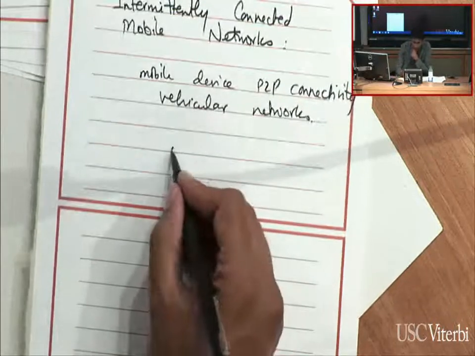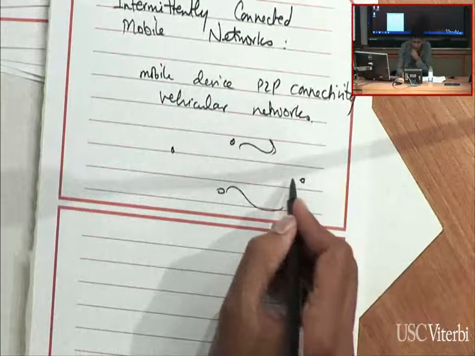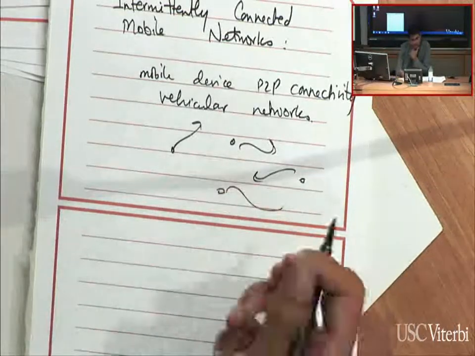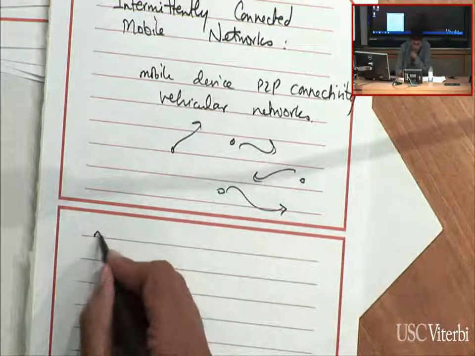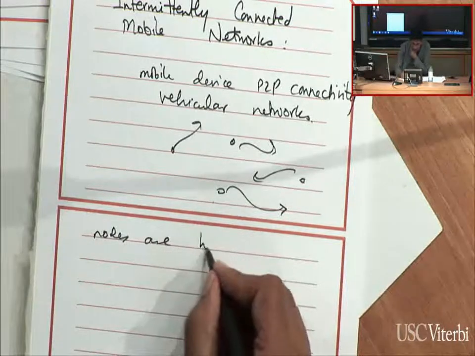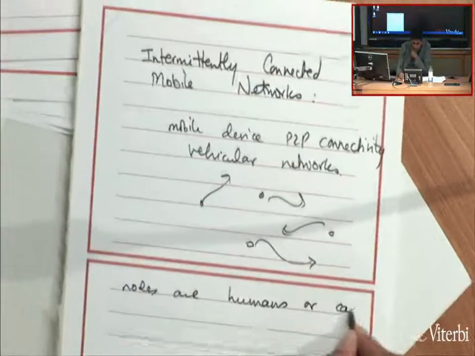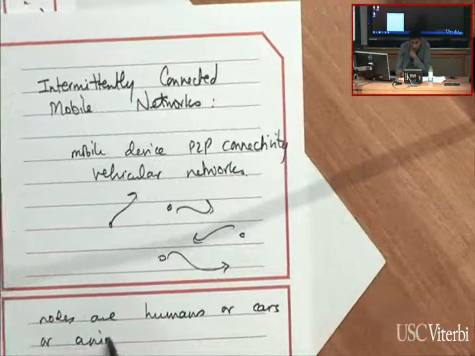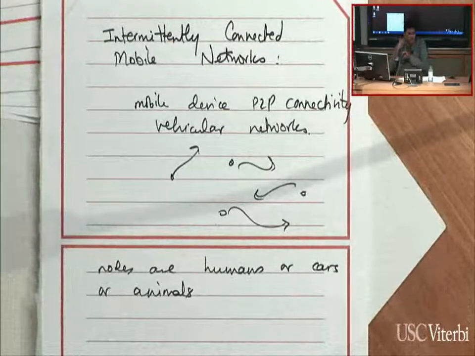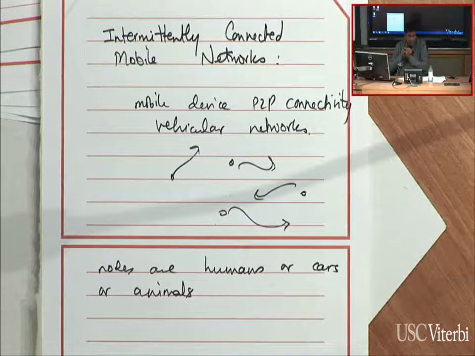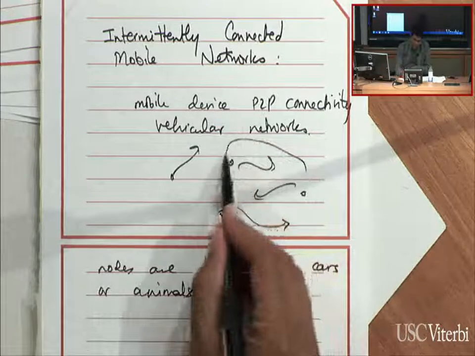So the basic idea is that you have a set of nodes that are moving around whatever environment they're in. The nodes might be humans or cars or animals, actually. There were some very interesting research studies where they put radio tags on wildlife, including, I think it was zebras in ZebraNet. And they have these tags, and they're going wherever they want in the environment. Whenever two nodes are in range of each other,